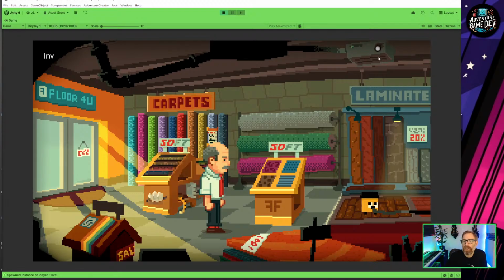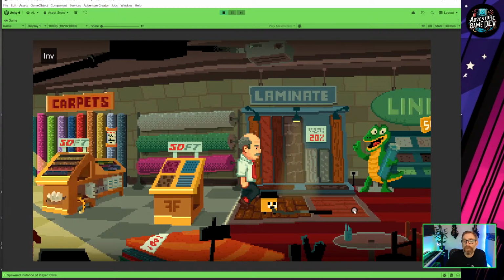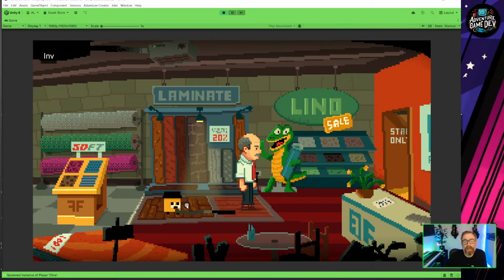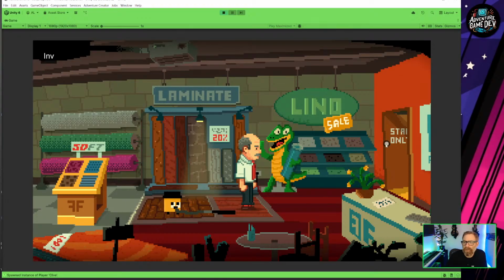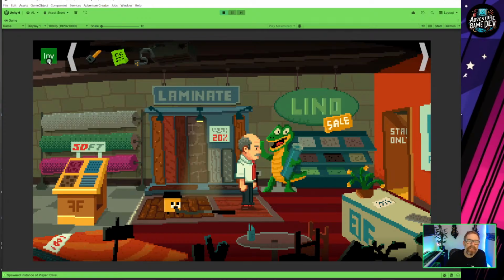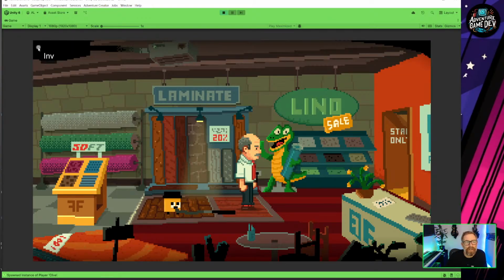This air conditioning unit is part of a puzzle. It ends up leaking onto the laminate, and it's up in the portion of the screen where the inventory trigger was, so you couldn't click on it because the inventory kept popping up in the way. Short of redrawing it lower or having the inventory at the bottom of the screen, which I don't want, I want it at the top. I don't like inventories at the side of the screen. I'm going to set up a little graphic, just a box of stuff that you click to